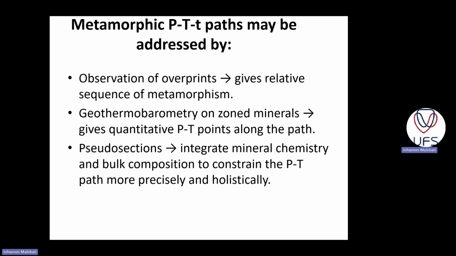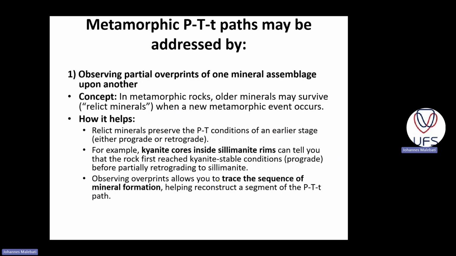And third, pseudosections, which would integrate mineral chemistry and bulk composition to constrain the pressure temperature path more precisely and holistically. We will deal with them in greater detail in just a few. So the first one, the observations,